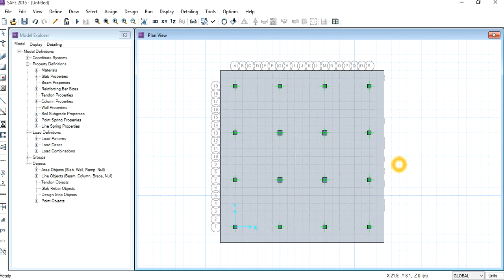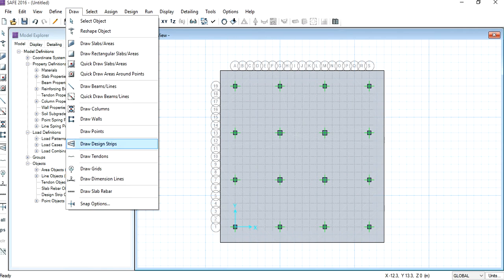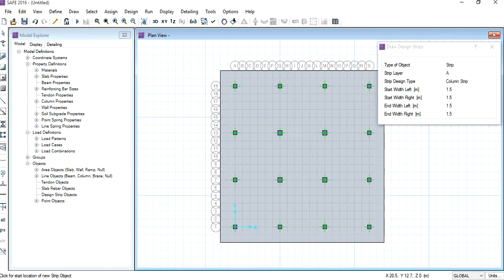Go to draw, select draw design strips. Strip layer should be A for drawing in the X direction. Start with left, start with right, and the remaining options are 4 meters as calculated. Now start drawing through the x-axis and to the center of the columns.